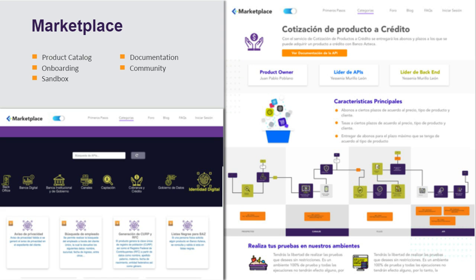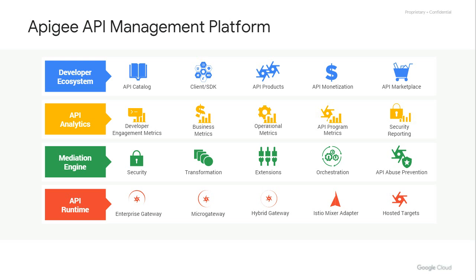Our product marketplace serves us as a way to communicate internally and to the public what we have to offer, and we provide a lot of information in the internal marketplace about who's the product owner of the API, who's the API leader, who's the API leader for the legacy system, which is the process that's being mapped there, and where the APIs work. We provide a sandbox, the documentation, and a community that's growing and providing more information, more documentation on every API. So we have an owner that is responsible to ensure that the API is reused.